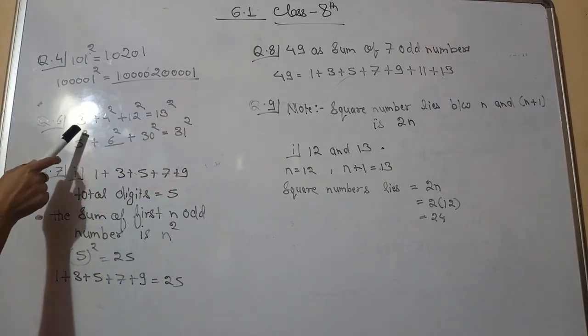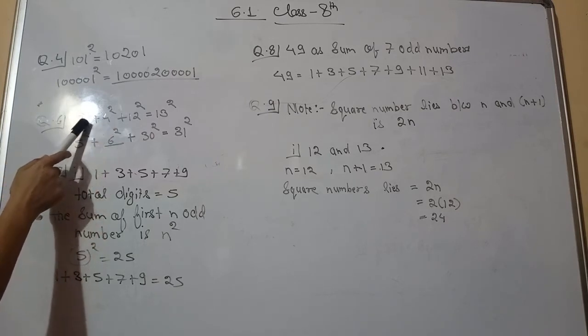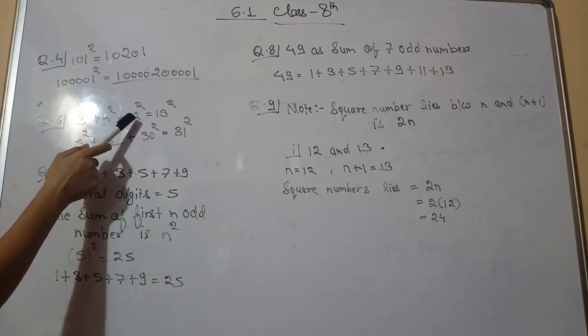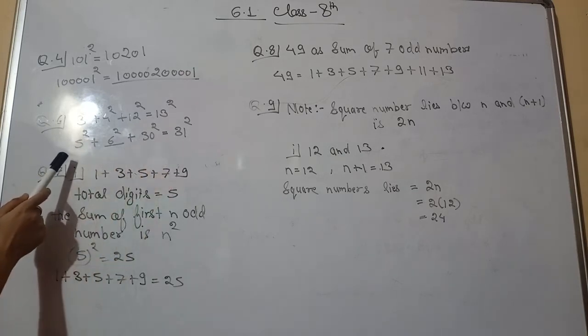So here you can simply see 3, 4 means 1 digit extra. So if it is written 5, we will write 6. So 3 and 4: what comes after 3? 4 comes. Now what is the multiplication of 3 and 4? That is 12, so here we will write 12. And what is 1 more than 12? That is 13. So here also we can observe the pattern.